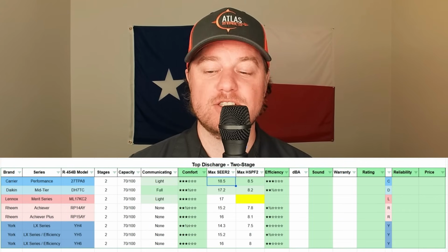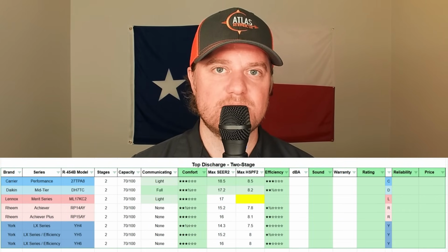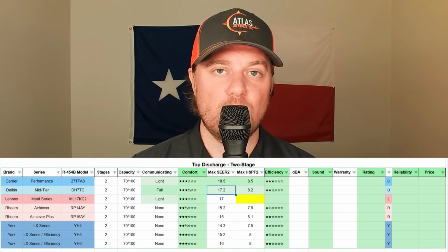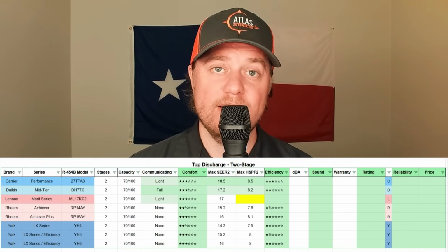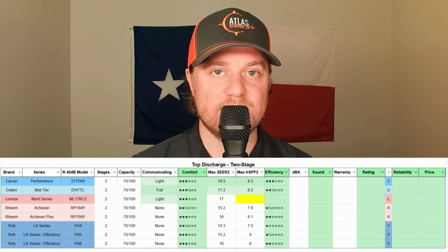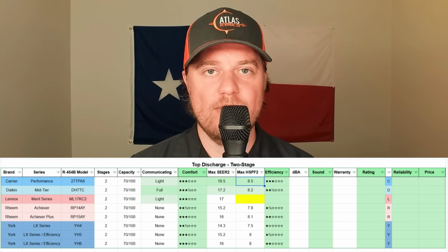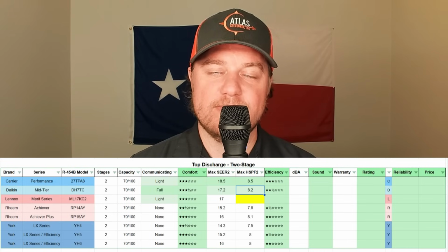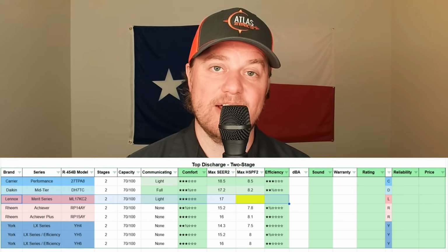And here we have the max cooling and heating efficiencies. And Carrier does have the highest SEER rating on this list, coming in at 18.5. And just under that, we have Daikin at 17.2 SEER. And right under that, we have Lennox at 17 SEER. And for heating efficiency, Carrier is also the highest in this category as well, with an HSPF2 of 8.5. And Daikin is right under that at 8.2 HSPF2. And once again, the Lennox system here is a straight cool system and is not a heat pump, so there's